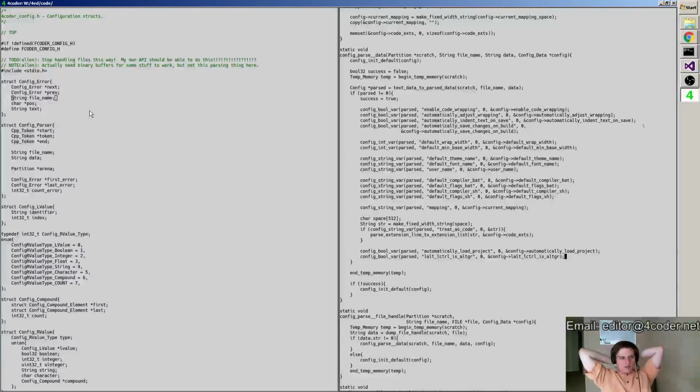So now the question I want to think about is, how do I want to actually go about doing this part? Right now the problem is this config parse data is pure, in the sense that it doesn't take in the app pointer, it just operates on an input data and output data principle. It takes in the file name and the data in that file, and it parses all that and fills a config struct, which you pass it a pointer to for it to fill. And there's no actual setting of any settings.